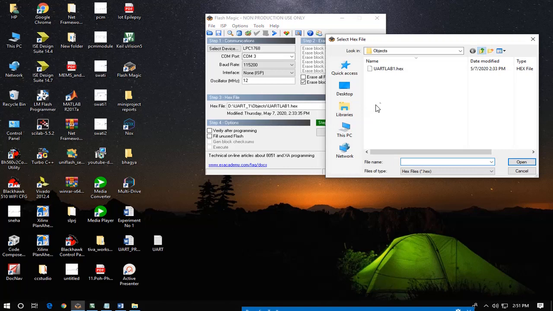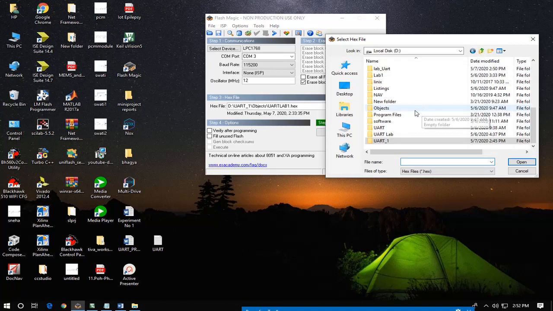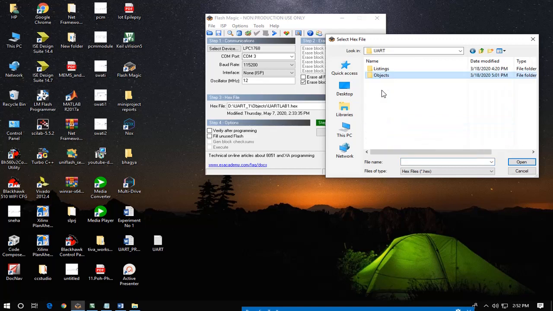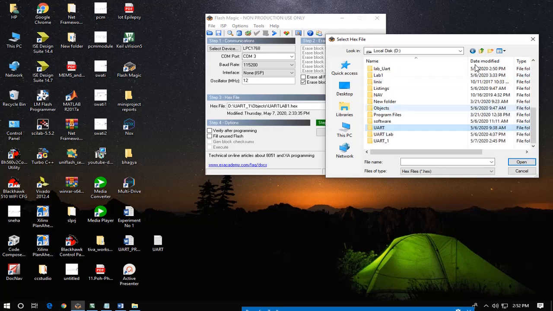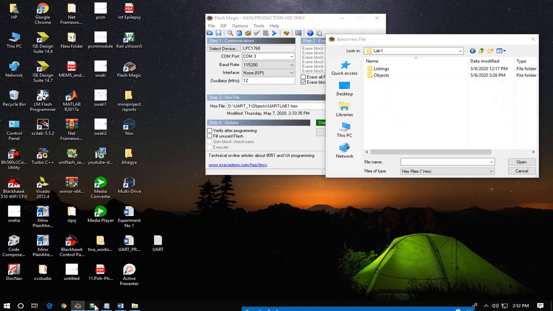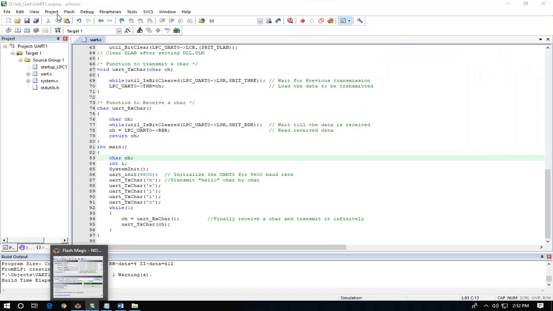Then here browse the file from the project. We have done UART. I think we have given the name lab 1, right? Lab 1, I guess. Yes, it is lab UART.